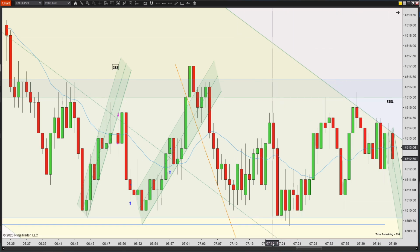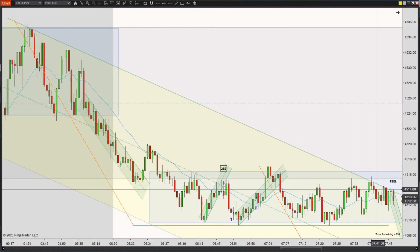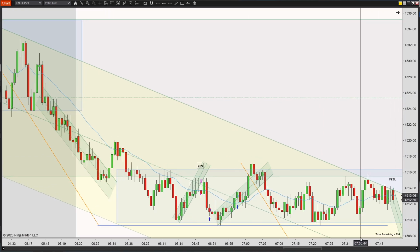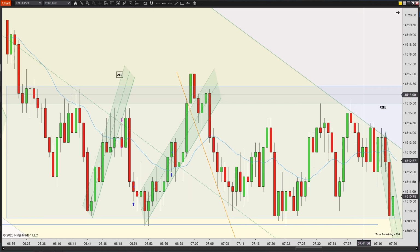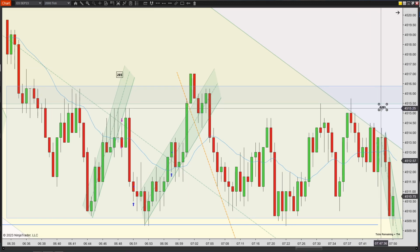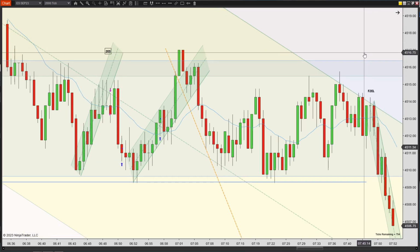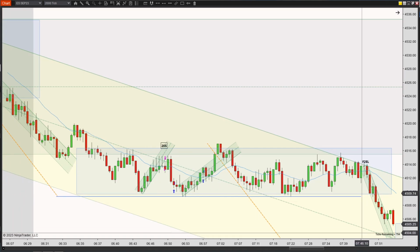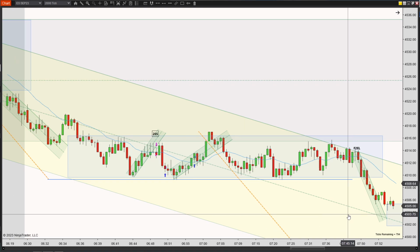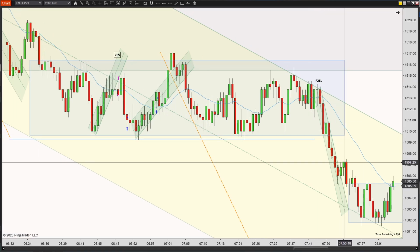but it is potentially running into some kind of resistance here. Now, I wasn't sure that this was actually a trading range. It was a little bit adjusted, so I wasn't too sure. It felt a little congested, a little confusing, so I left it alone. I mean, this might not even be a valid setup. This is just what I thought I saw. So don't take that as being a true failed second entry long or anything, but it's just worth mentioning for me. Then prices continue going down, falls into this trading range, breaks out, makes a new low,